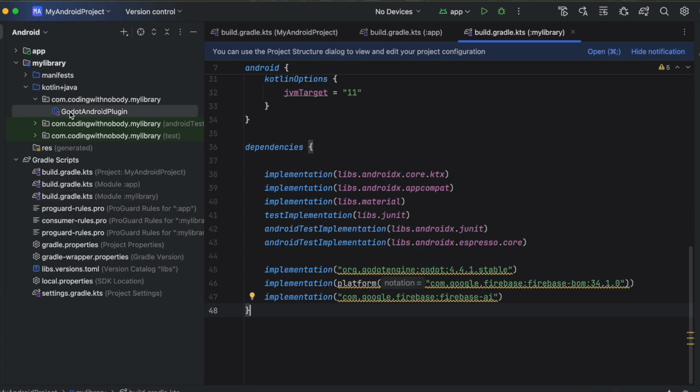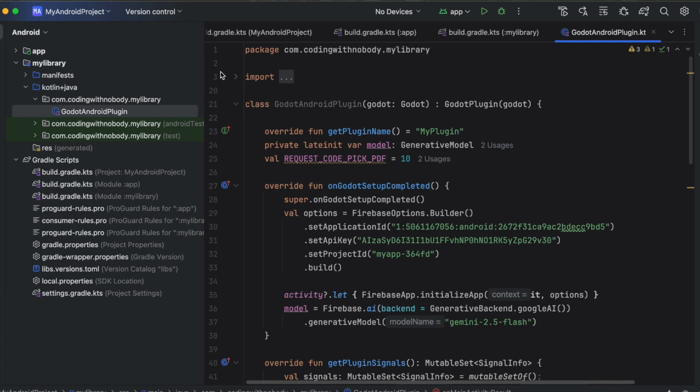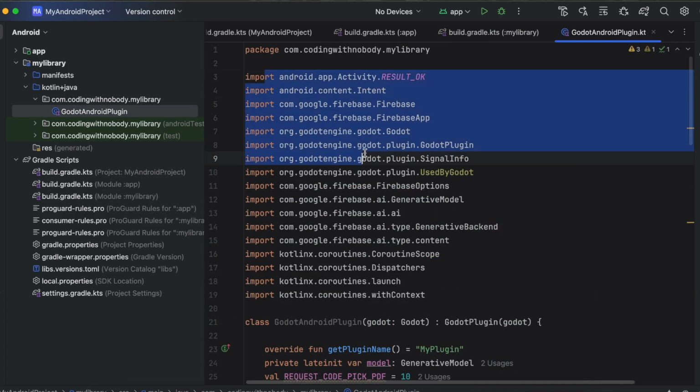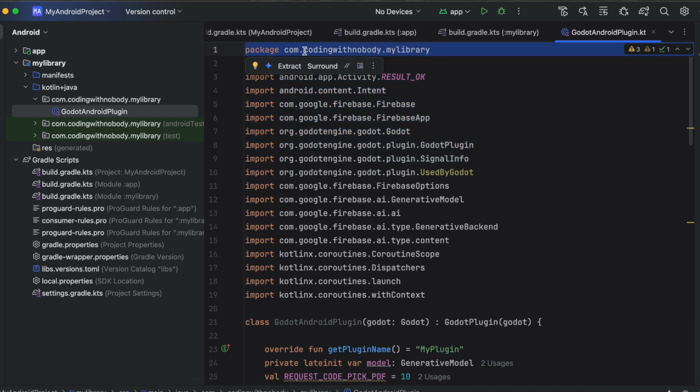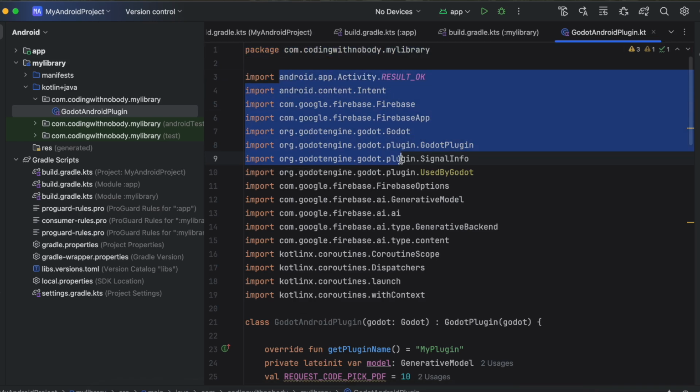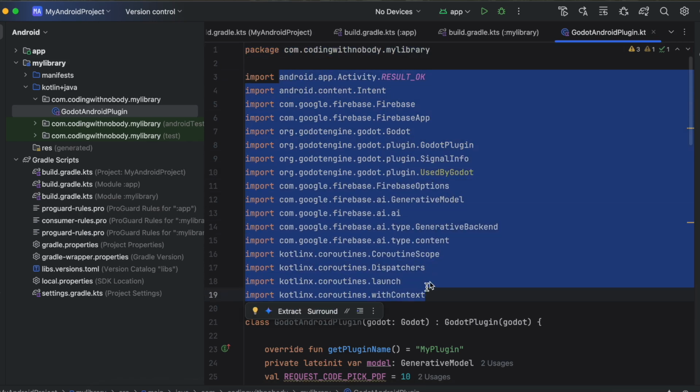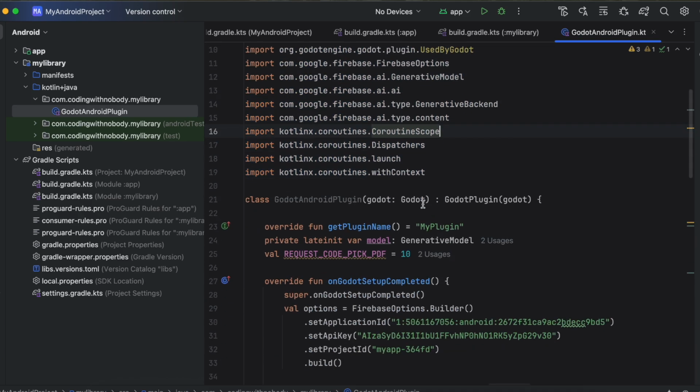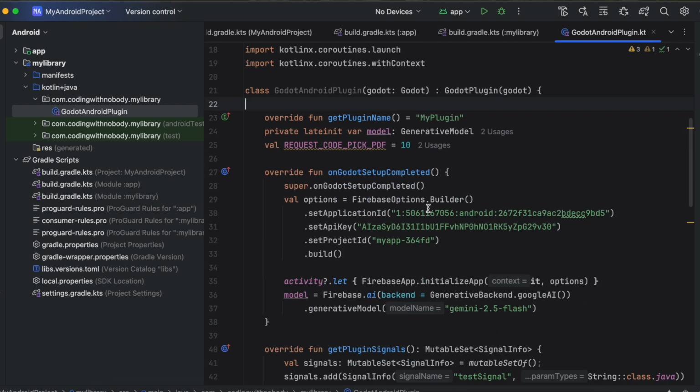Next you need to open this Godot Android plugin, and here you need to firstly add all these imports. Do not change your package name, make sure you use your own package name. And these are all the imports. Firstly you can just copy paste all these imports. Then here you can see we have this Godot plugin. Then here is our generative model as well, and here you can see this is the request pick code, because